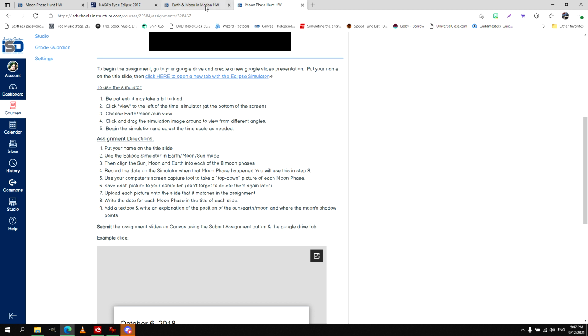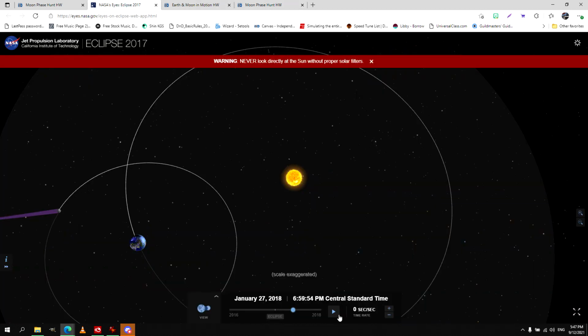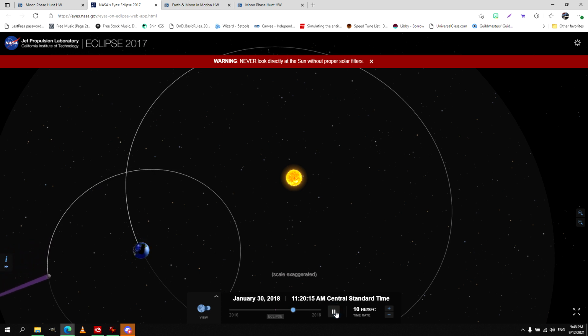You can rewatch the tutorial on how to use this if you need to, but it's a matter of just pushing play, recording when the moon is going to be at the different positions. So here the moon is in a direct line. So this is 12 o'clock over here, 3 o'clock, okay, 9 o'clock. So when you're looking at your moon phases,